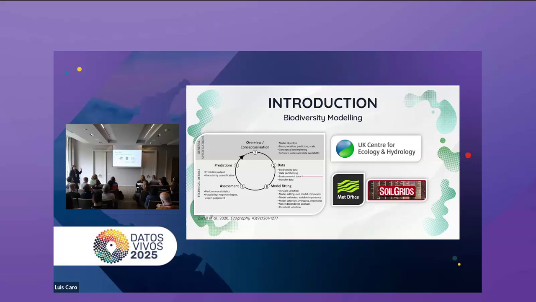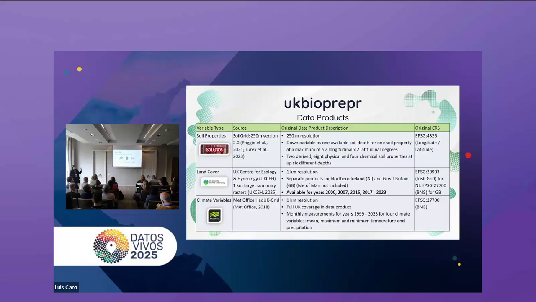And the same is said for environmental data. We've got a really wide range of open source accessible high resolution data products available, covering land cover, climate variables, and soil properties. However, when I came to use these for my own work,